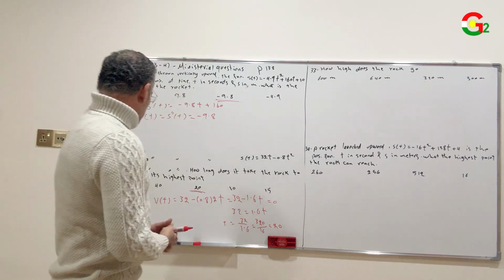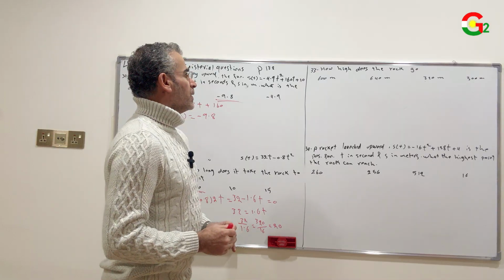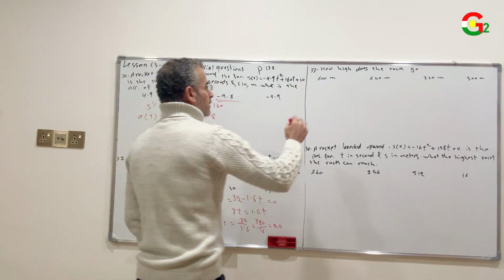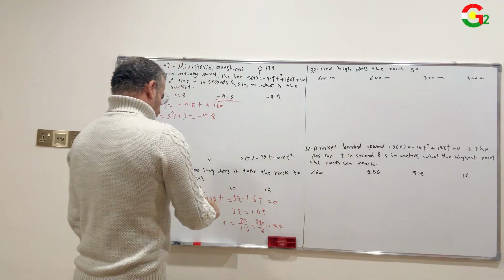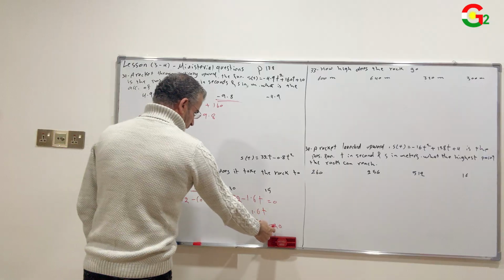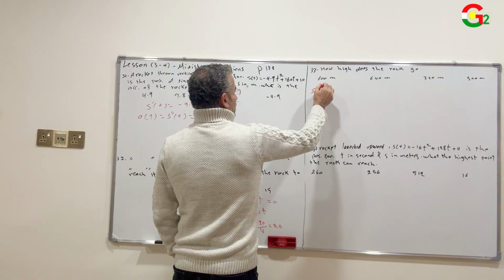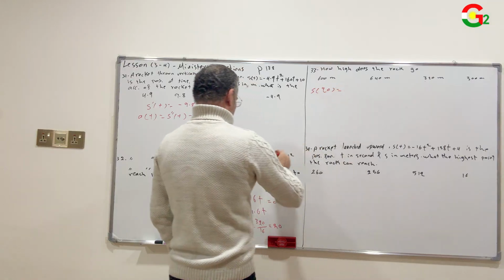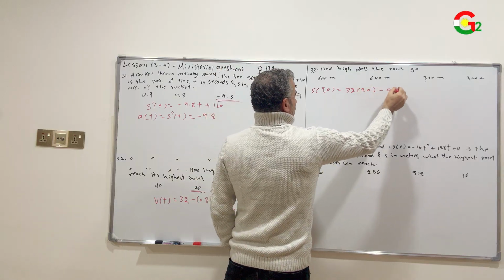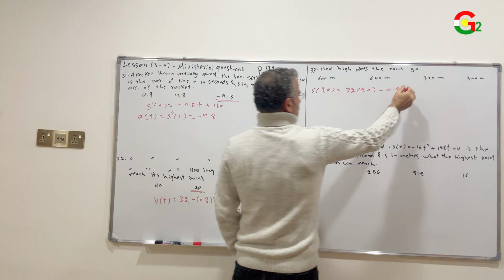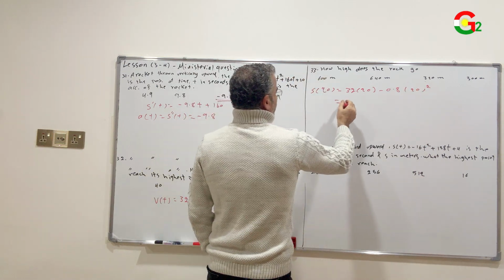Question 33 depends on 32, the same given information. How high does the rocket go? To find how high the rocket goes, find the position function when t equal 20. So s of 20 equal to 32 times 20 minus 0.8 times 20 squared equal to